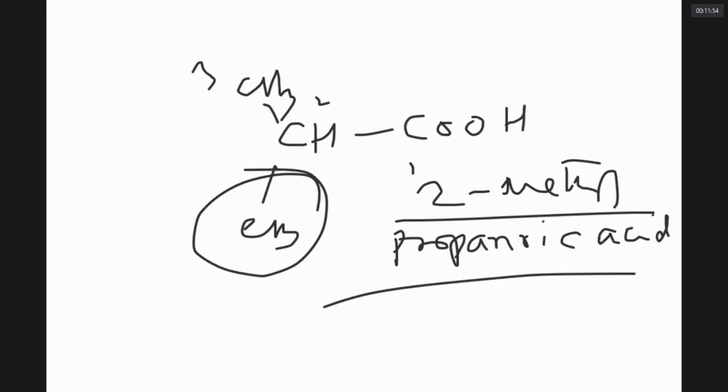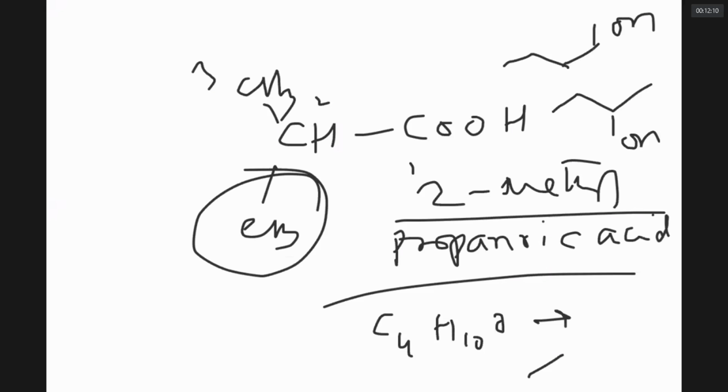Okay. Now, isomerism. The number of primary alcohol isomers for C4H10O, 100 times we have seen. It has total 4 alcohols like this: 1-butanol, 2-butanol,